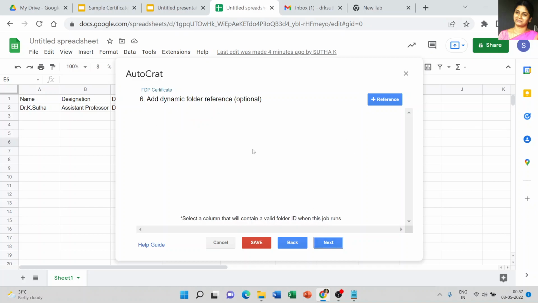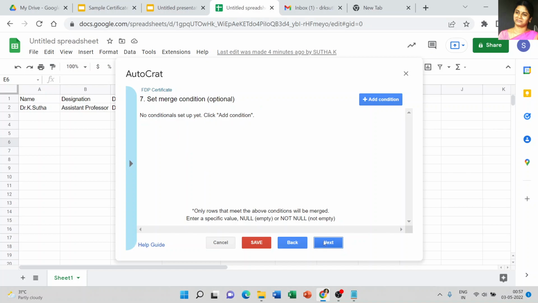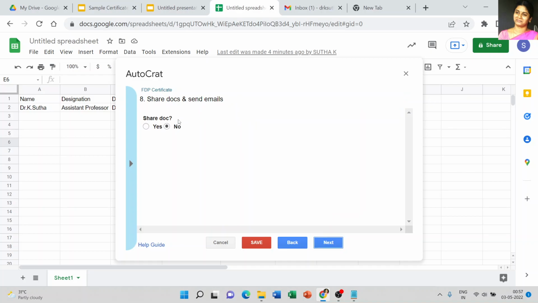Just click the next button, and this is the optional one, that is dynamic folder reference. And the seventh step is also optional, set merge conditions. I'm not using any conditions here. Just click the next button. So in the eighth step,